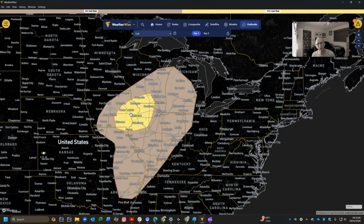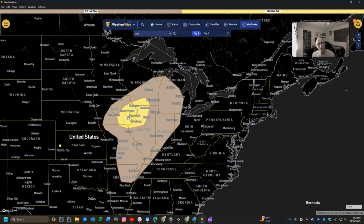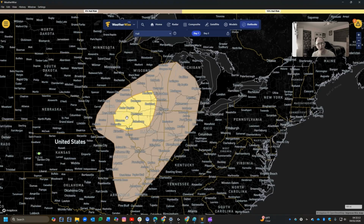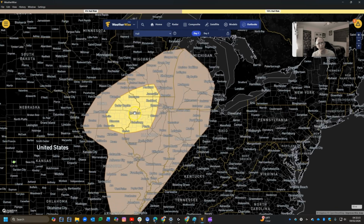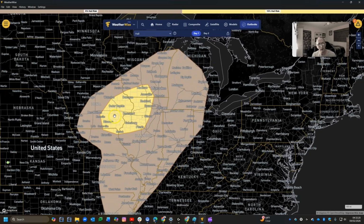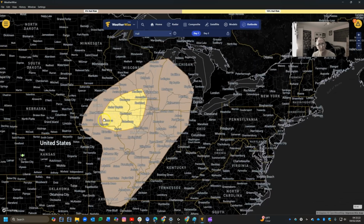So that leaves 85% of the people probably won't see it. All right, so that's pretty good. I'd take those odds most times, right? But if it hits your house, regardless of tornado, hail, or wind, you'll say, "Well, I was in that 15%,"